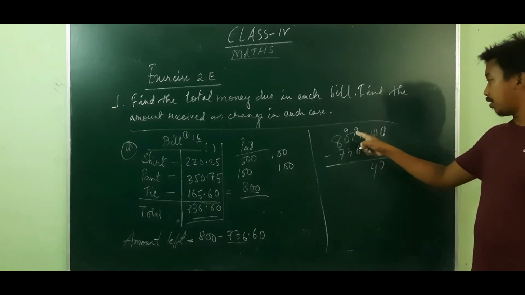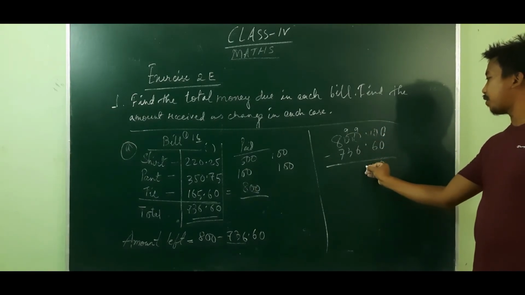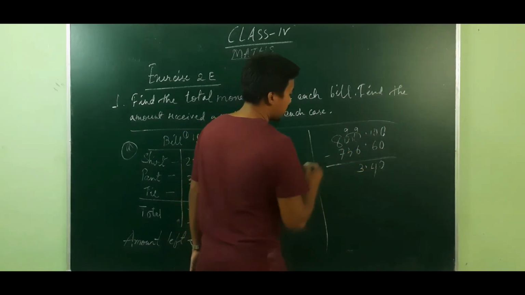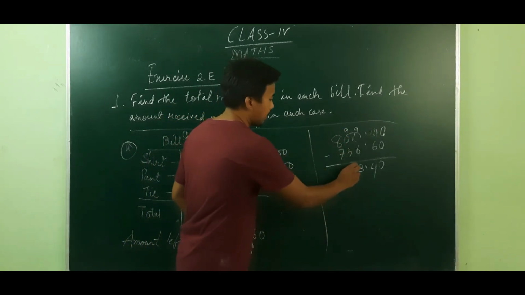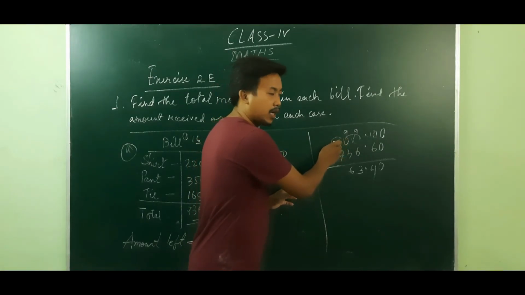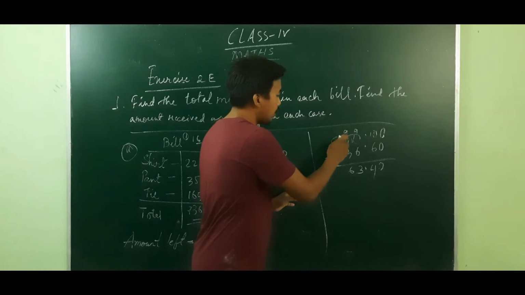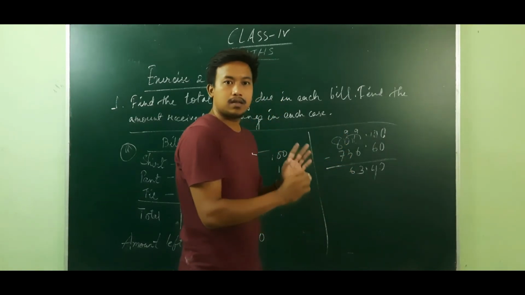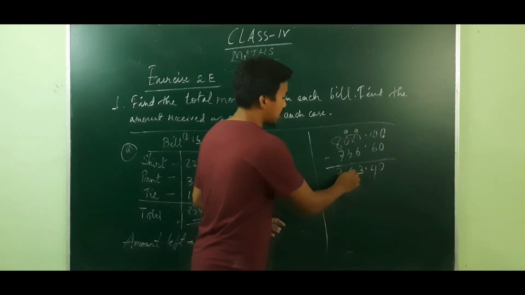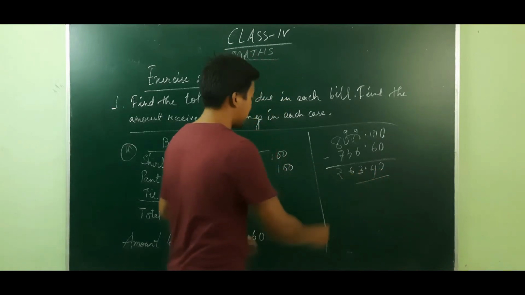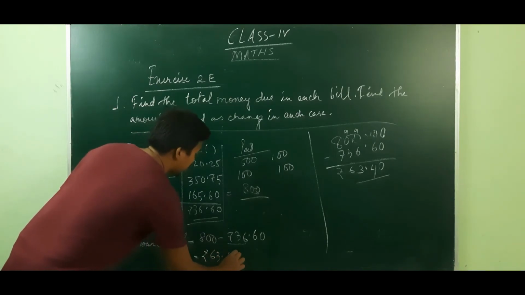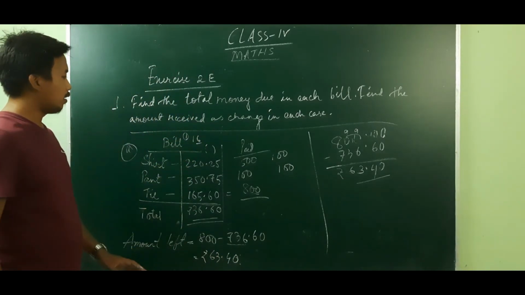Here we have a decimal, you just put the decimal. Now 9 minus 6 is 3. 9 minus 3 is 6. As it has borrowed 1 from this 8, in place of this 8 it remains 7 now. So now 7 minus 7 will be your 0. The answer is 0, so we are not supposed to write anything. That means you are left with rupees 63.40. You write here rupees 63.40.